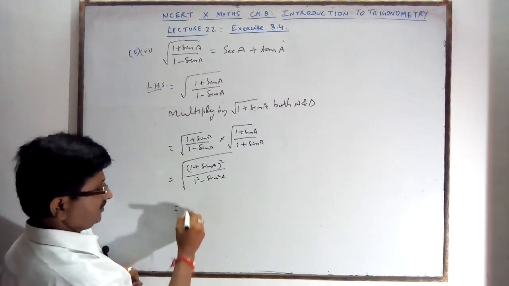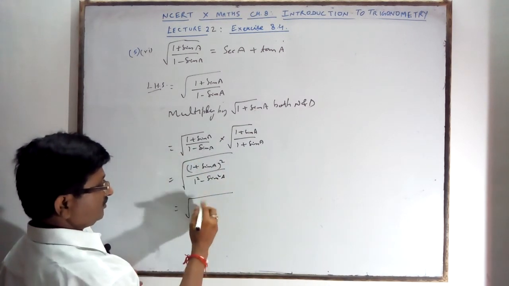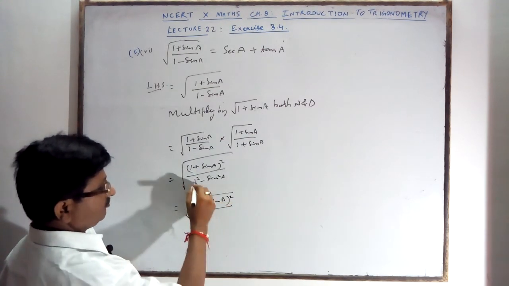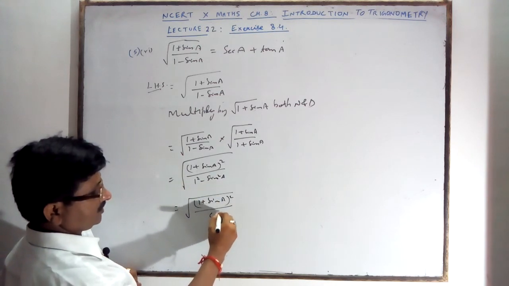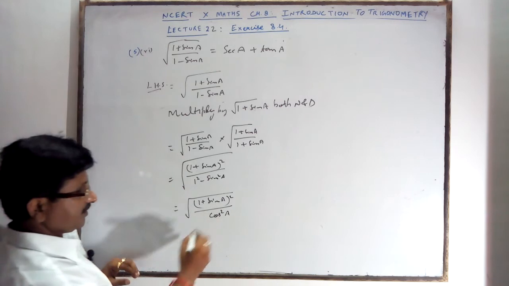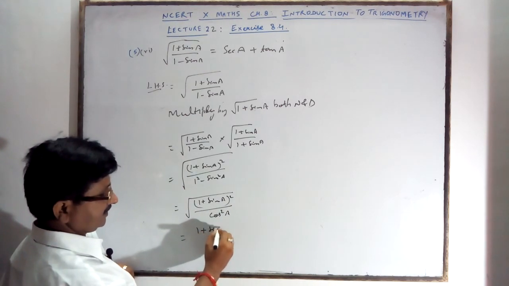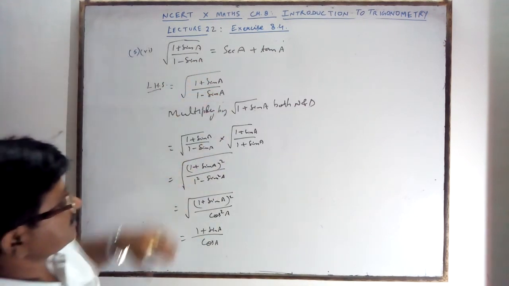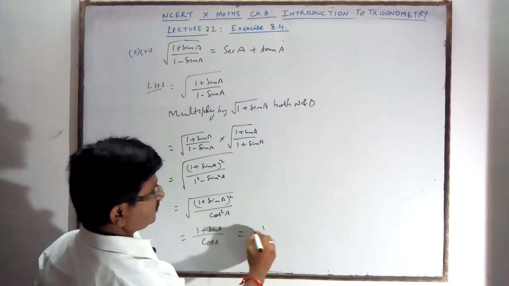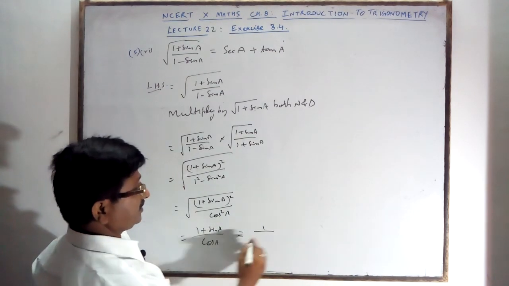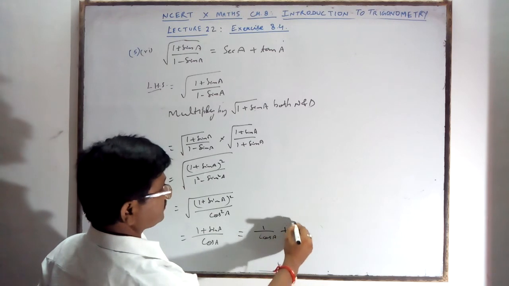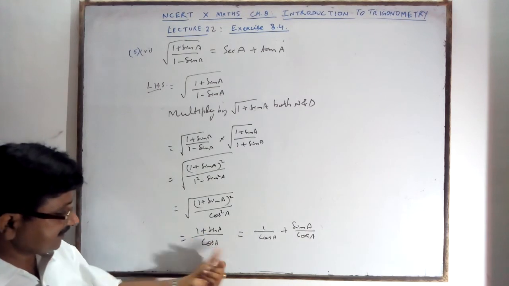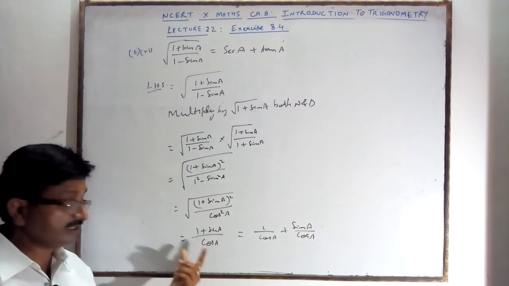Simply, so what will you get here? By squaring both, you are getting 1 plus sin A whole square upon 1 minus sin square A, which will be cos square A by identity. Now both have a square, so you can write 1 plus sin A upon cos A, since the square is reduced by the square root. The right side you want, so write both separately. The numerator has 2 terms and the denominator is the common one, so you can write like this. Or not? Tell. See here: 1 upon cos plus sin upon cos, you can write like this.